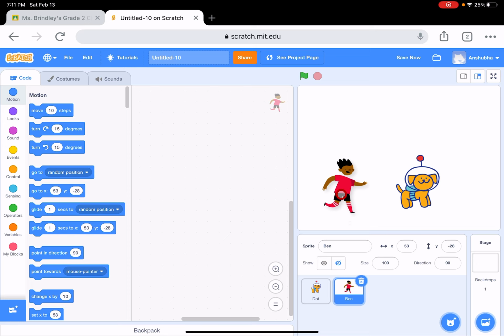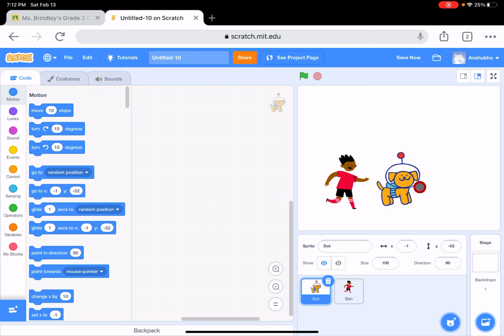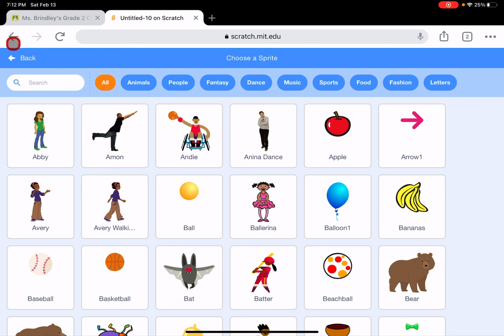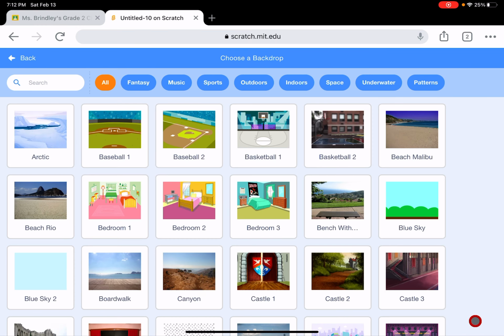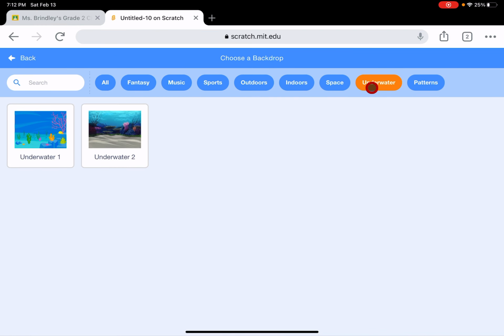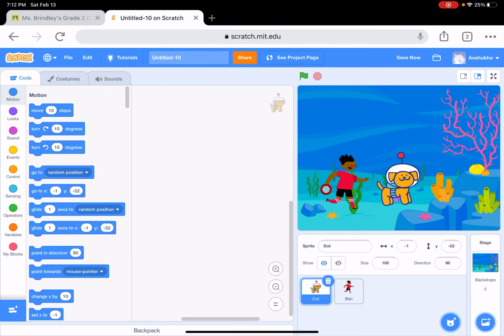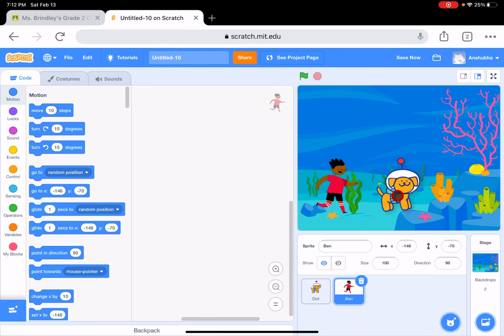So let's put Ben here, and I want Ben to catch the dog, and the dog is saying, no, I don't want you to catch me. Okay, so we're gonna go in backdrop, and when we go in backdrop, it'll show me all of this, like the backdrops and stuff like that. So I'm gonna go in underwater 2, underwater 1, I mean, and then we're gonna code